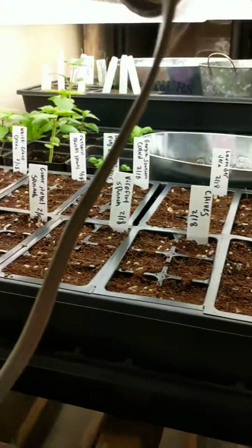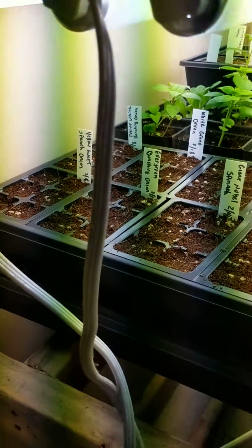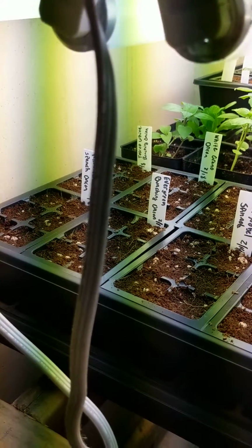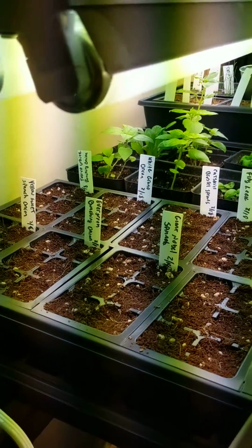Today I went ahead and started my first 72 cell flat. I did 4 trays of onions at 6 each, so that's 24 onions. You'll want to start your onions early, around this time for zone 5, if you're planting them from seed, because they're going to grow into cells. I overseed those, and then when I transplant them into a bigger container, I break them in half,